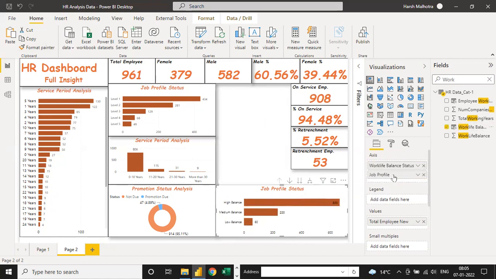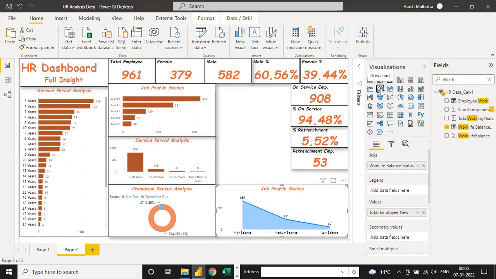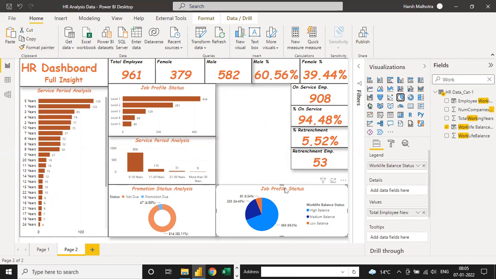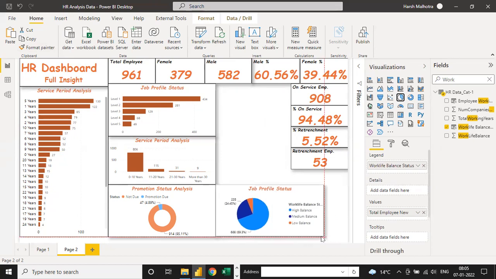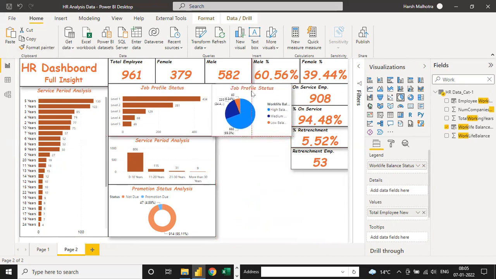Instead of job profile, you can change it to work-life balance. So there are a total of 3 types of balance: high, medium, and low. And you can see the number of people: 66, 235, and 60. And change the graph design: area chart, line and cluster chart, this one. Or if you want, you can use a pie chart also. So for work-life balance, you can use this one, a little above.